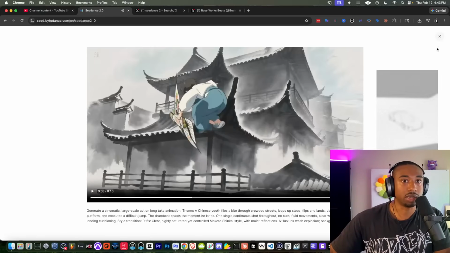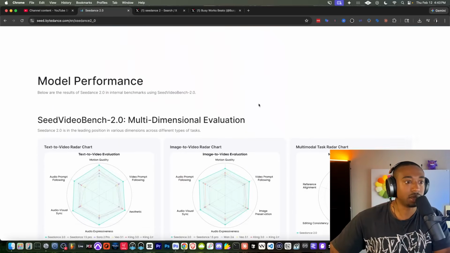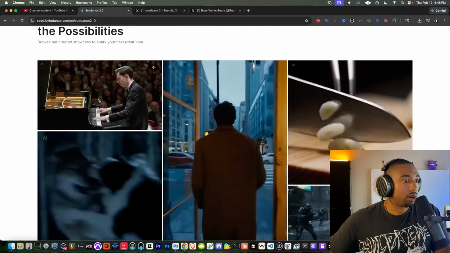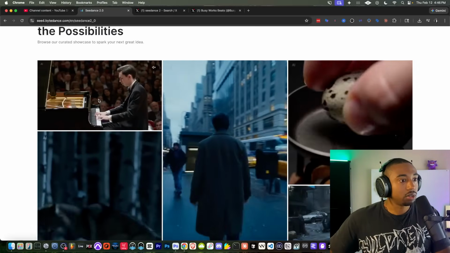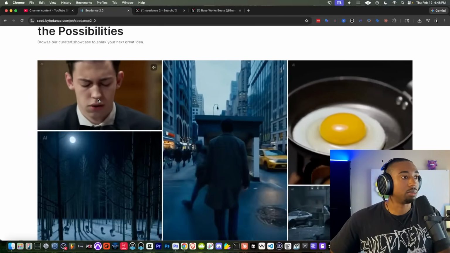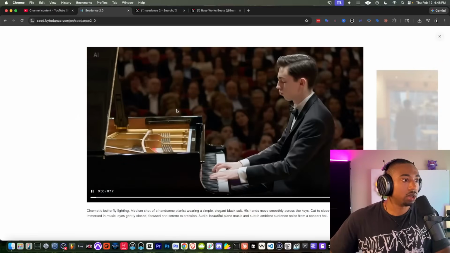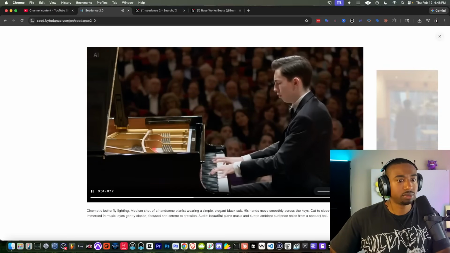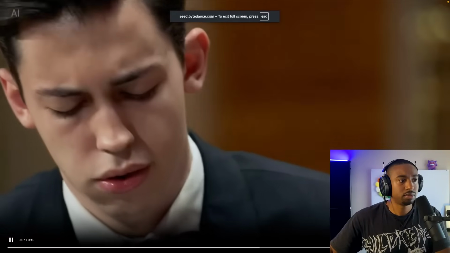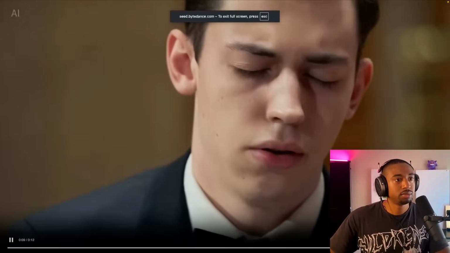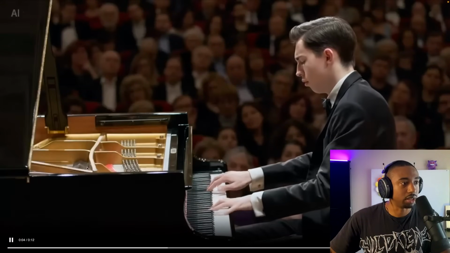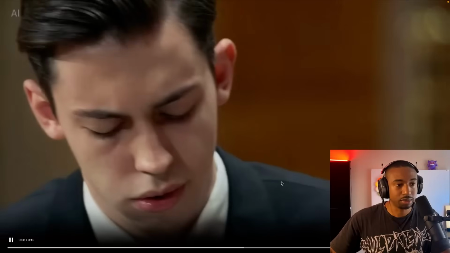I can't wait to create my own gangster movies, like Godfather, but like a different storyline. So what I'm curious to see is how, for video, you also have to have the audio pristine. So I'm curious how these will hold up with Suno in terms of the background music. It even knows the complexity of the piano. It's showing the hammers hitting the keys, hitting the strings, I mean.